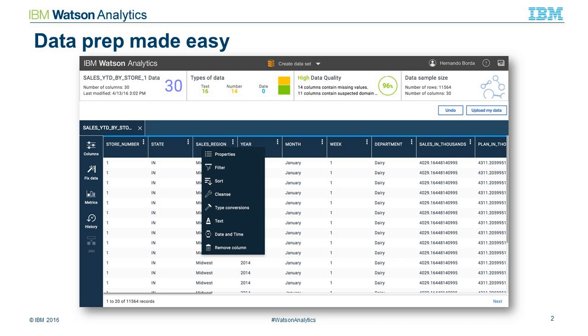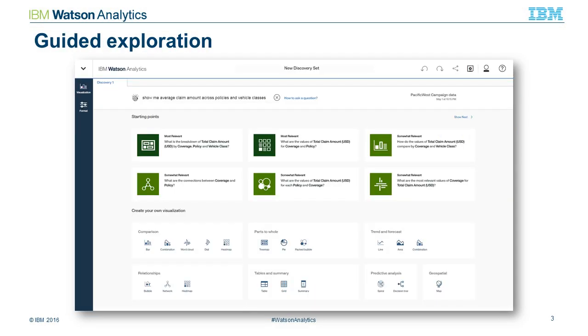That then takes us to the next functionality. So the data itself, Watson Analytics, and this is where some of the cognitive capabilities of Watson Analytics come into play. Watson Analytics will look at that data set and attempts to jumpstart a user's analysis. So it's trying to tell you what is important in this data, what might you be looking for.